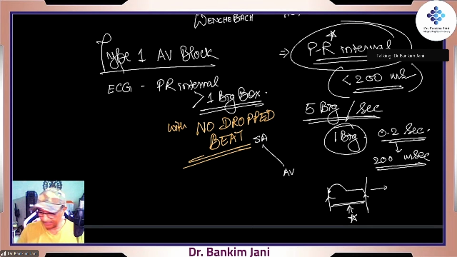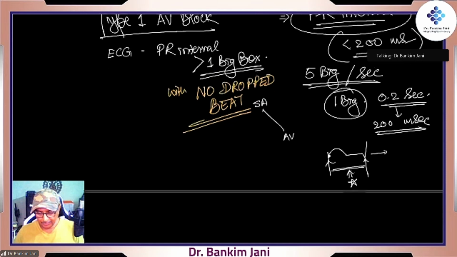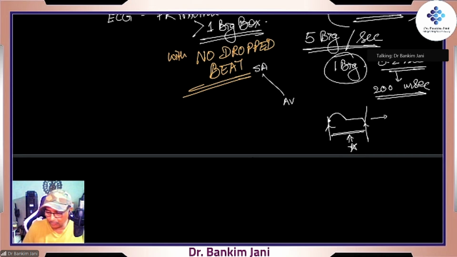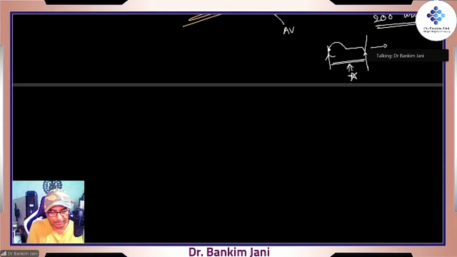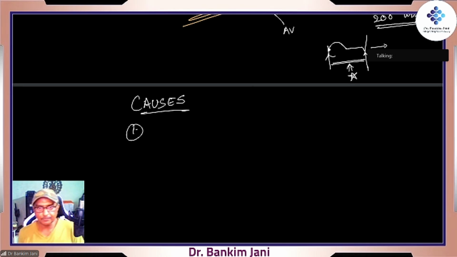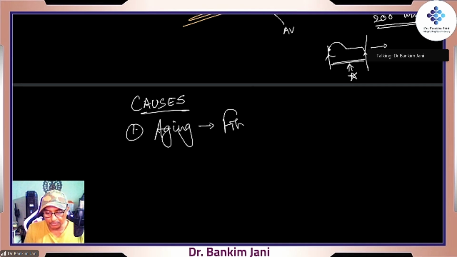Yeah. So coming back to this, there should not be any dropped beat, right? So what could be the cause? Why should it really occur? So these are the causes. First thing, as the age increases, and if the heart is not conditioned properly, this is a sign of aging because of fibrosis. Whenever it is fibrosis, they are not a very good conductor, so it slows down, right? Or